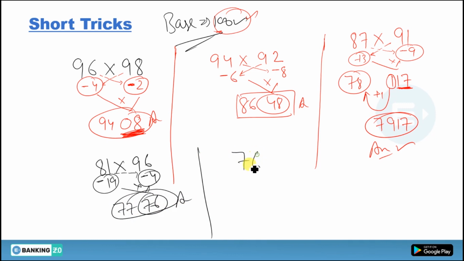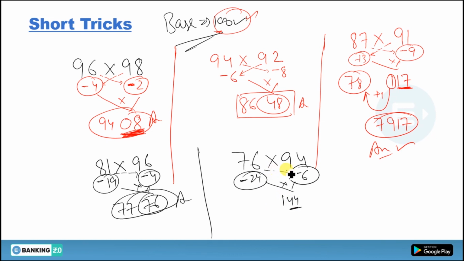You have to multiply this 76, suppose 76 into 96 actually, or 94 you can say. If you multiply 76 into 94, what you're gonna do? This one is 24 less than 100. This one is 6 less than 100. Multiply this 24 into 6. What you're gonna get? You're gonna get 144. Okay, so this 44, this 1 will carry.